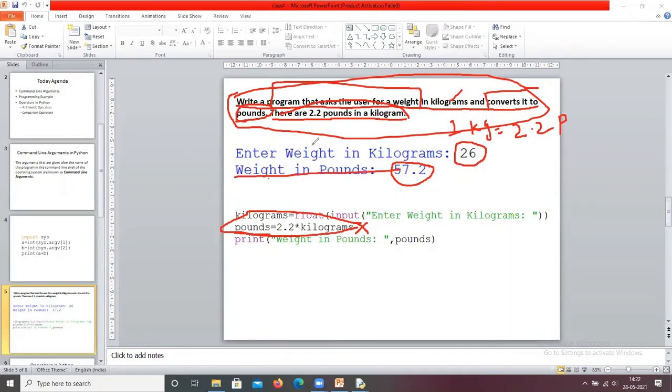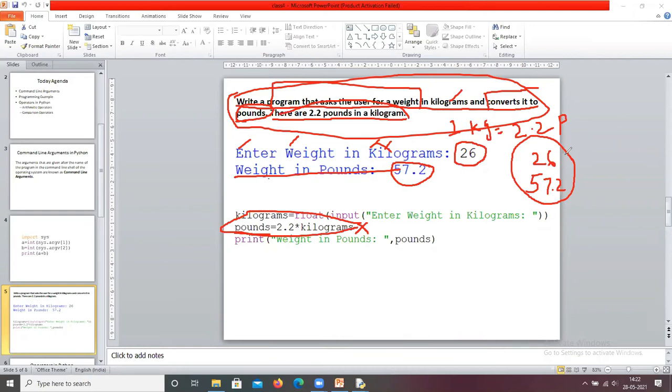Remember that here the E is capital, W is capital, K is capital. In the same manner you are going to write the program. If they are asking for the output without any messages, for example 26, 57.2, the same answer you are going to present.